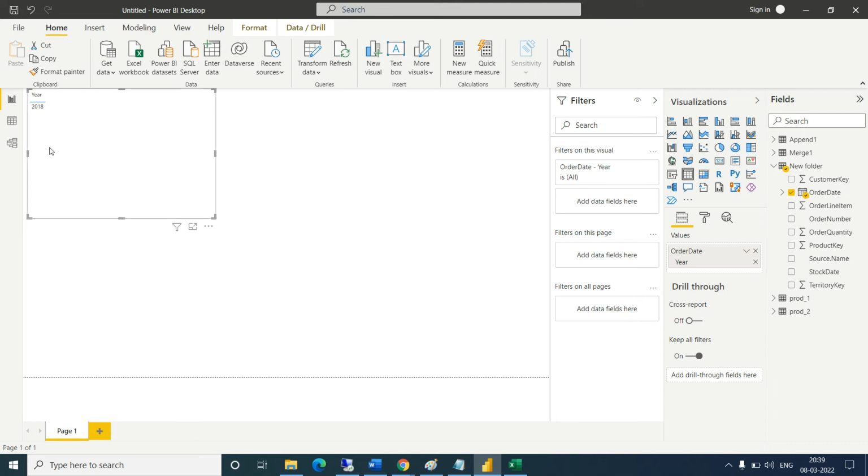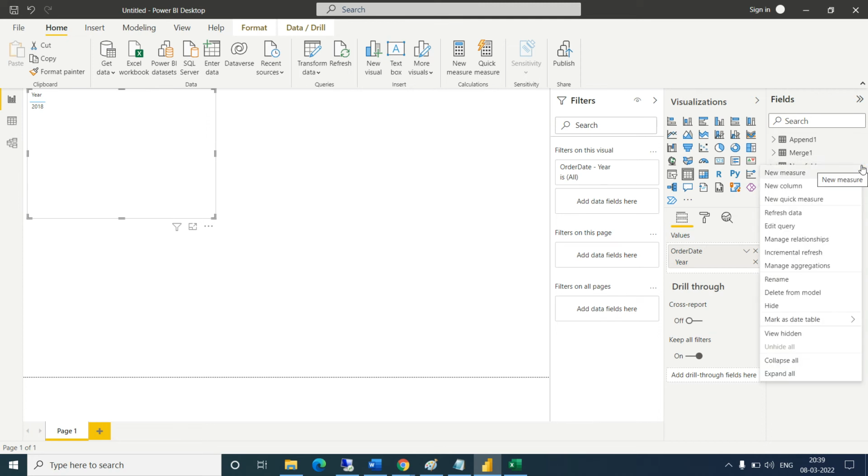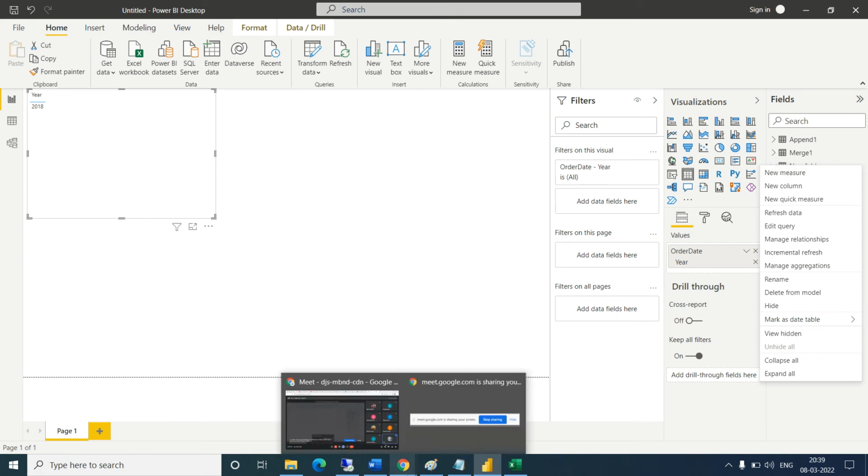We have all data, 2018, 17, 16, 15. Then why is it giving only 18? If you remember, just a second.